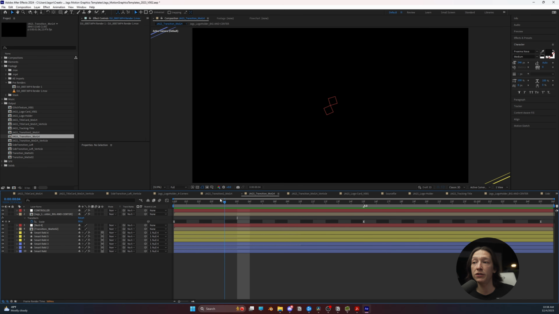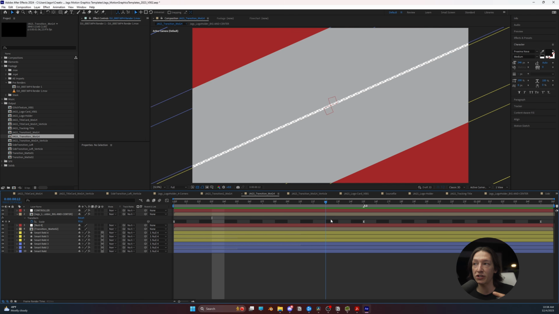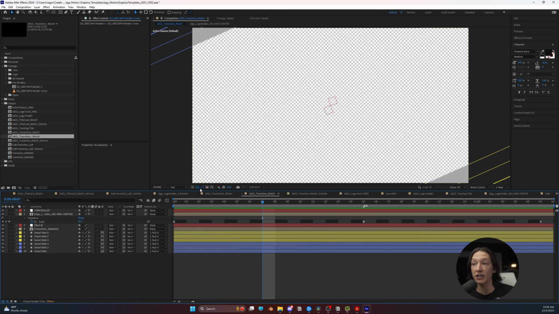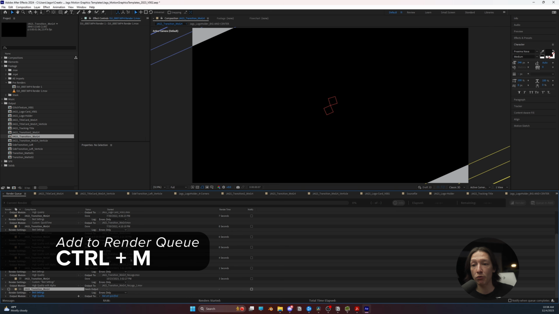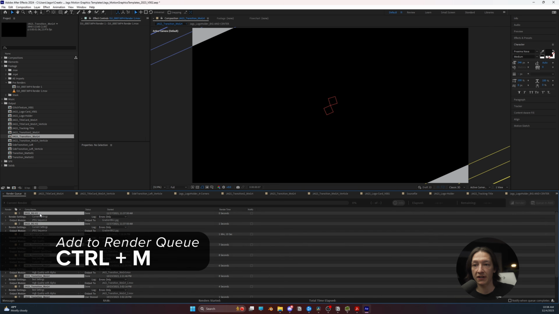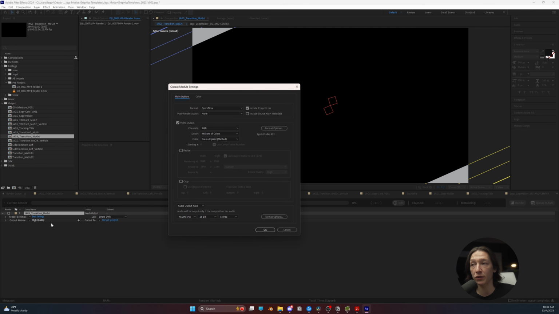And the way you would do that is first do your animation and make sure that if you're doing a little transition like this, that your background is transparent. You can see this with the checkerboard right here. And I would have to render this out. So I would hit the M key on my keyboard, and then we could select and get rid of all the other renders so we can just look at the one thing, and the output module is the most important thing. So we can select our output module, and we have to make sure that we are rendering out with